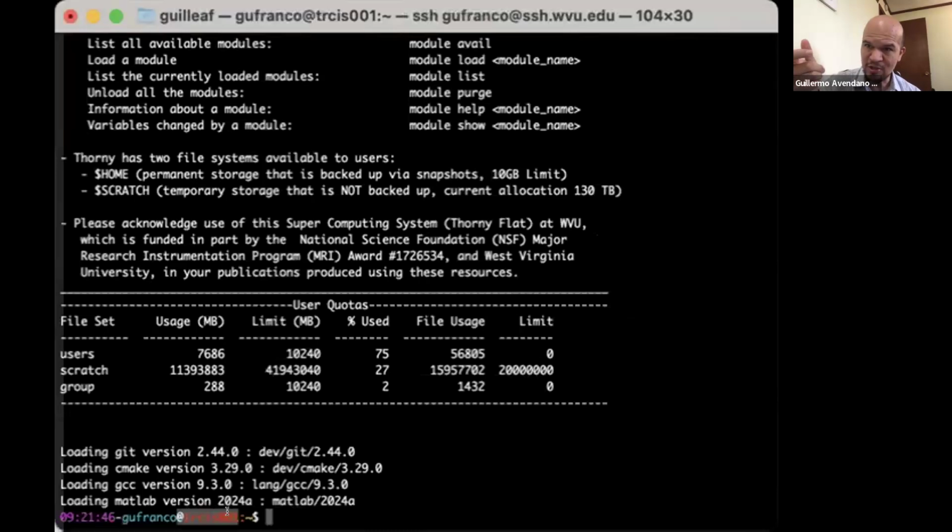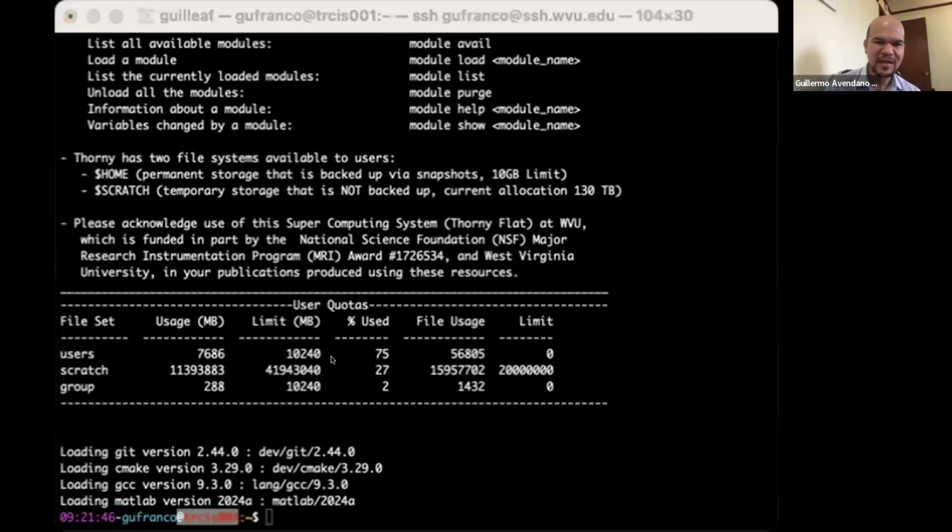The name of the machine changes from this WVU SSH something into this TRC. This is the login node. We will explain all that in a minute of the HPC cluster. And from here, you can start following the tutorials, the examples, everything that we will be doing in the second part of this. So now, let's move